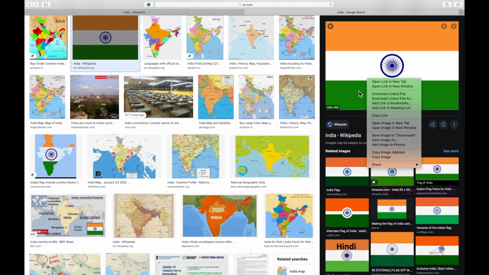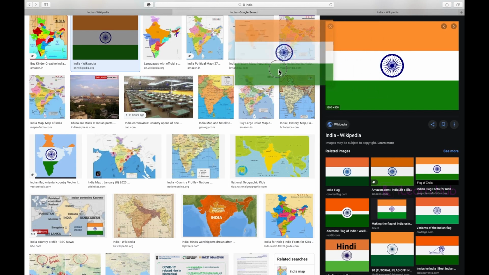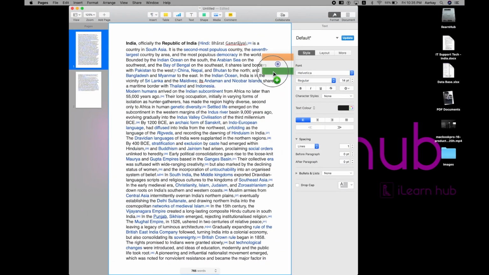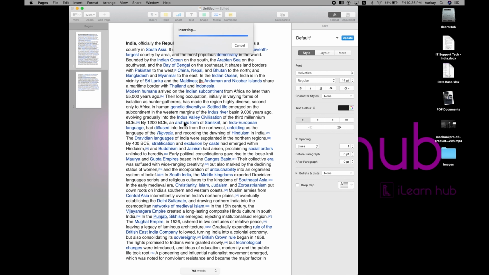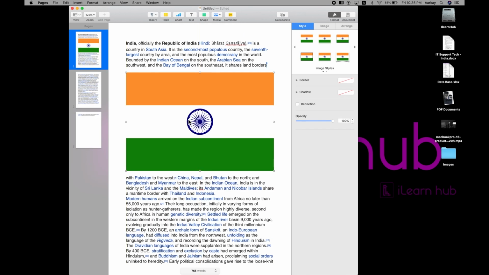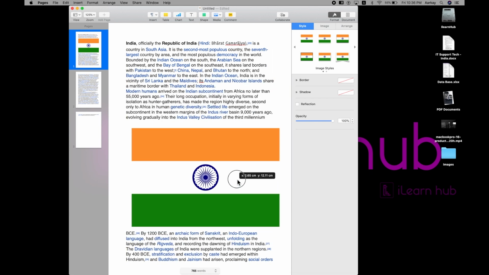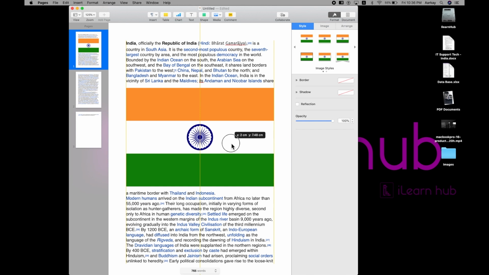Later you need to re-import that image into your application, whereas here you just hold and then drag that image directly towards your Pages application. So now you just drag and leave it wherever you want. So once you post it in a particular place, in case you wanted to shift to a different location, just drag it to another location and you can see that automatically it is getting adjusted.